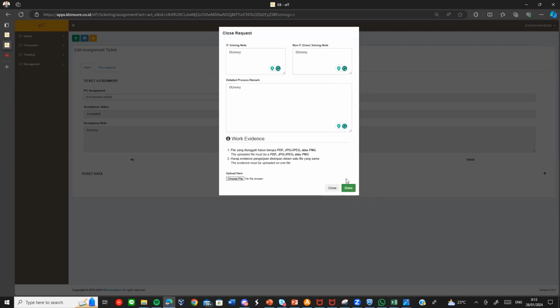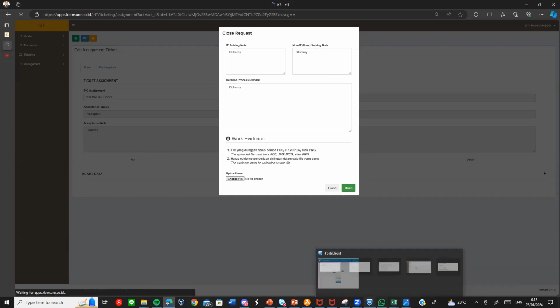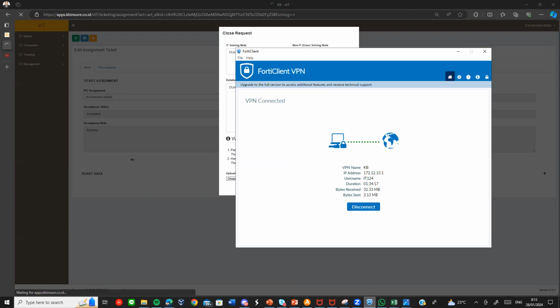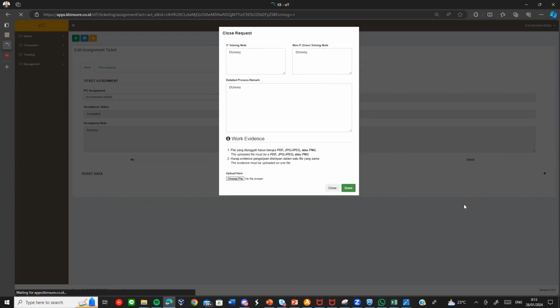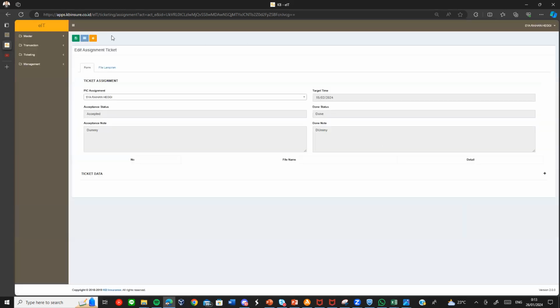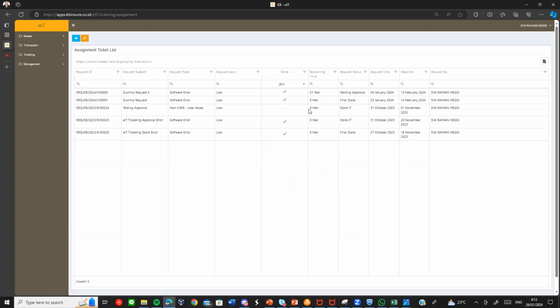Okay, there is an error, maybe because of throttling. I think I am accessing from the VPN. The error is that the result didn't come out from the API.